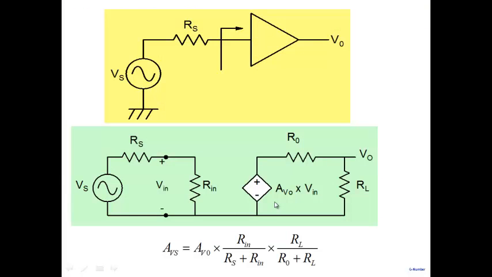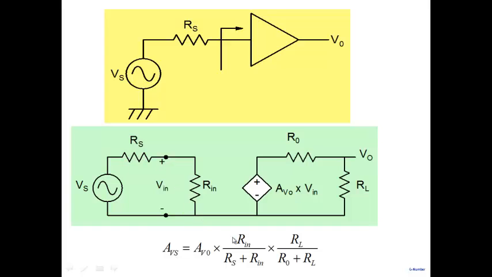And we explain that phenomenon on the basis of Rin. The way we do it is, we say the amplifier, when you look at it from the input side, has a resistance here, Rin. This is the value that we put here, input resistance. And now one can easily see why the gain is falling as a function of RS. If I calculate V0 by Vs from the output side, I've put all of these here. So V0 by Vs, which we call AVS, will be equal to AV0